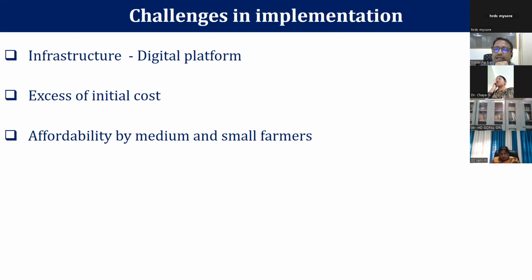Another thing is the excess of initial cost. This is always there. For the first time, when I want to introduce something, obviously the cost will be more. So how to handle that? Once again, the government has to decide and come up with certain subsidies. They are already doing many farmer-friendly things and coming up with different schemes also. But it will take some time in India, another 5 to 10 years, before we can afford that.